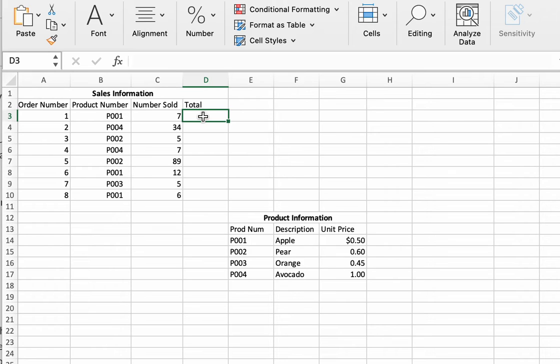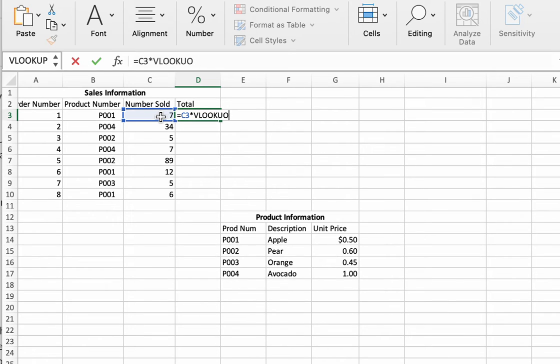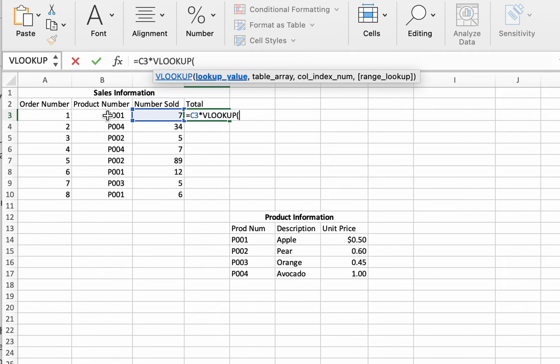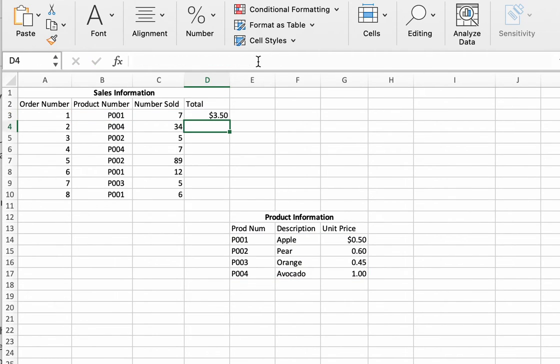So what we're going to do is take whatever is stored in C3, and then we do our VLOOKUP. Let me type this right. In P1 over this array, and then we return whatever's in column 3, and we want an exact match. So now we have the price, the total for the first